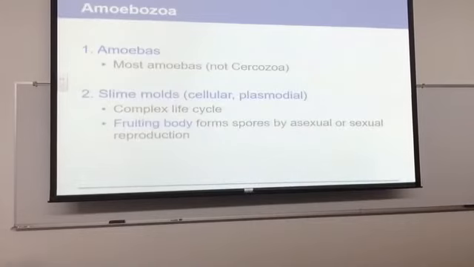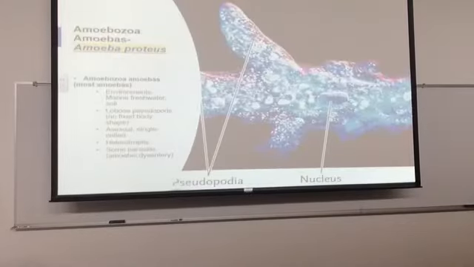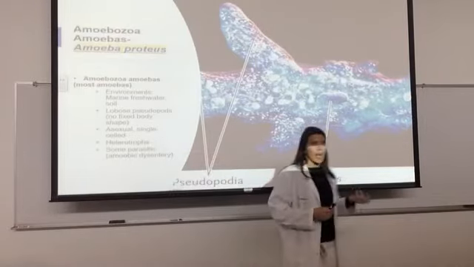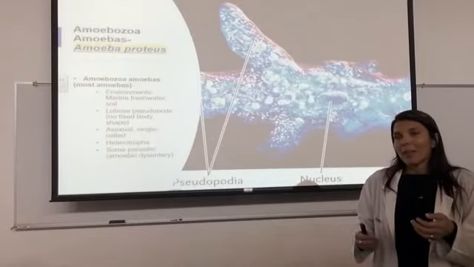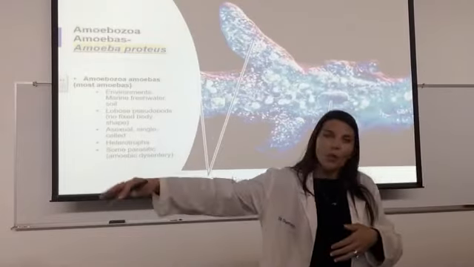For amoebozoa. The amoebas, we have a model and a slide set up in lab, but the amoebozoa, zoa tells you it's animal-like, is a type of protist, single-celled, that have pseudopods, extensions, that they use for cytoplasmic streaming. So basically what that means is they kind of push that pseudopod in a direction, and then they pull the